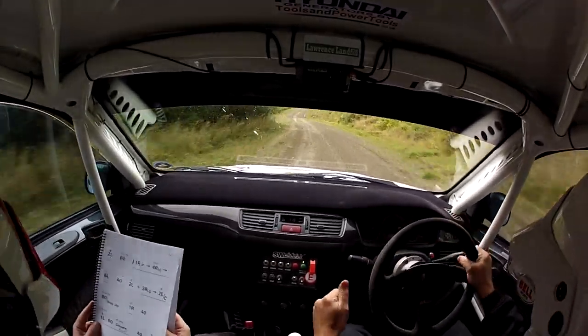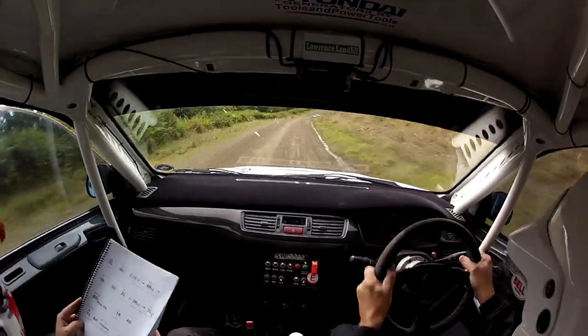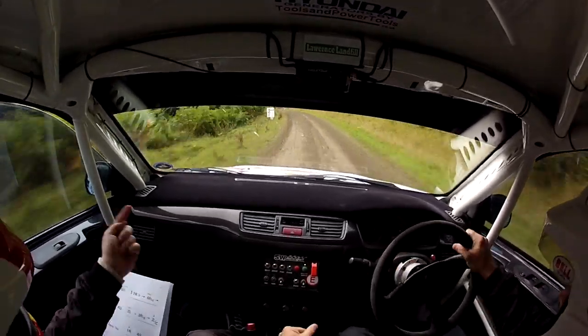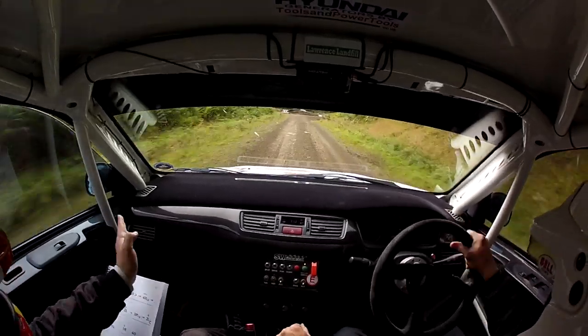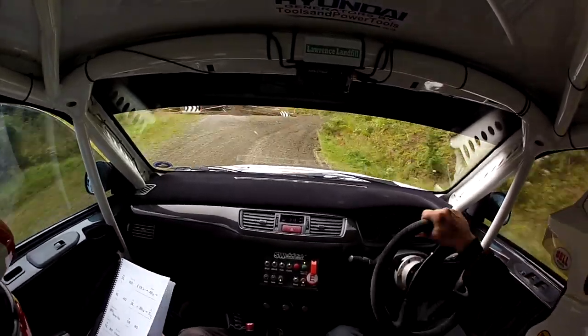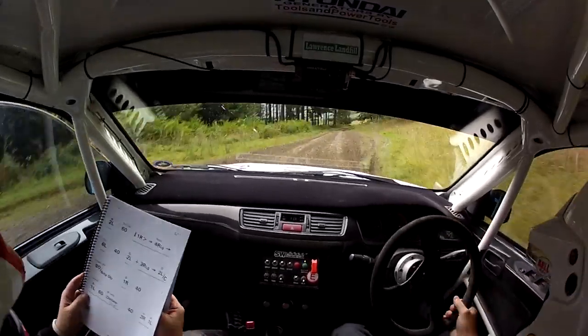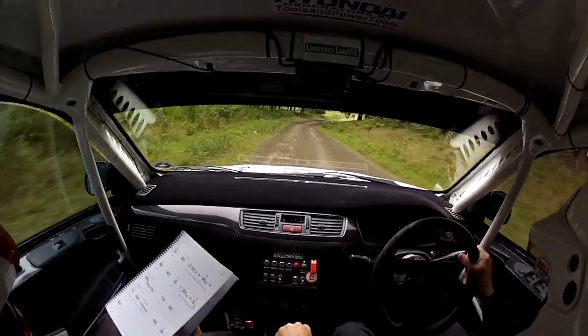flat 1 right, 40, flat 1 left, 60, to chicane, right entry, 60 now, chicane, right entry, so you're going right and left, tight, 40, go on now, flat 2 right, flat 1 left, 60,